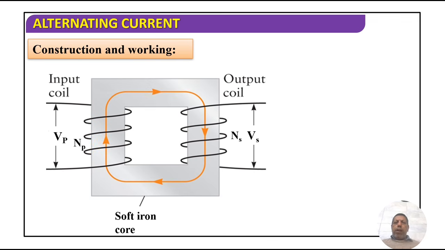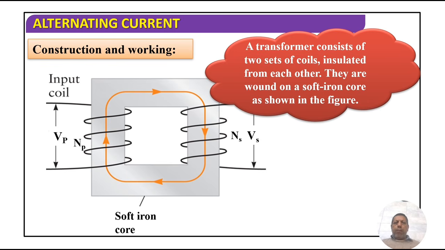Now, construction and working of the transformer. VP, voltage across the primary. NP, number of turns across the primary. NS, number of turns across the secondary. VS, voltage across the secondary. We give the input to the primary and take the output from the secondary. A transformer consists of two sets